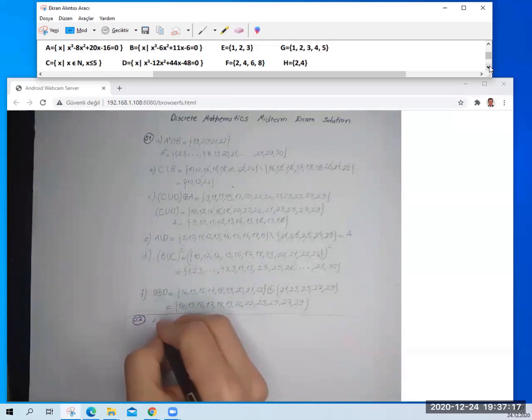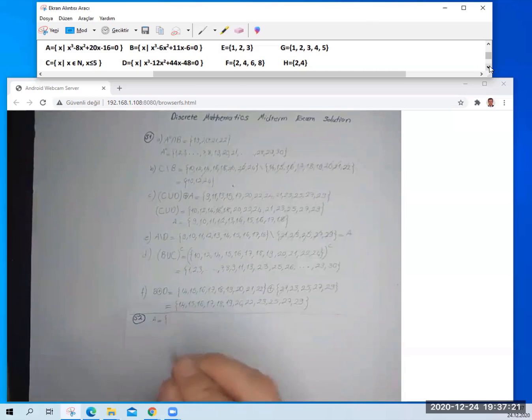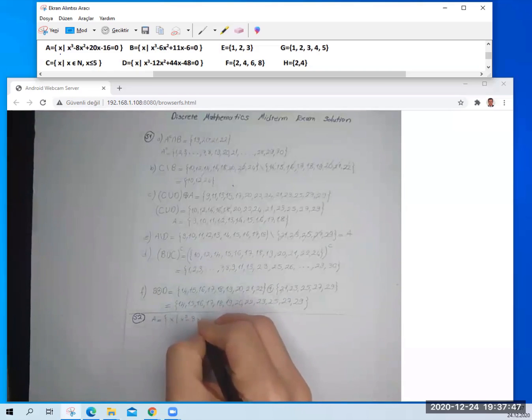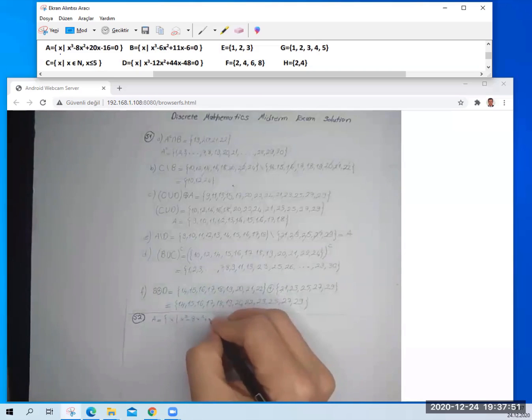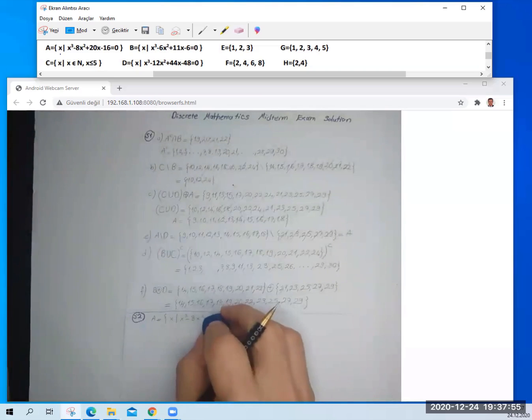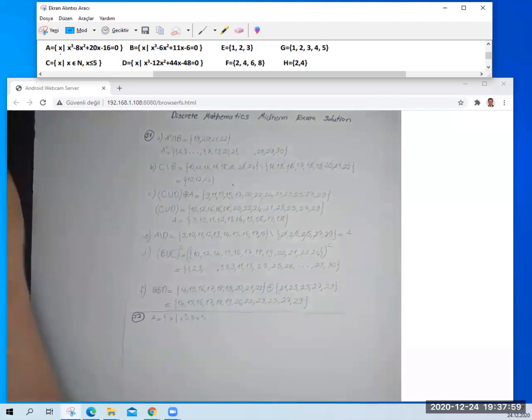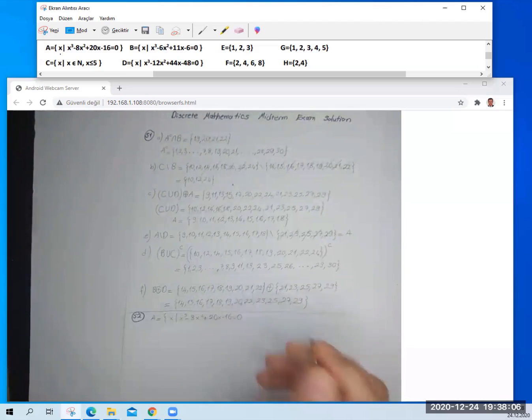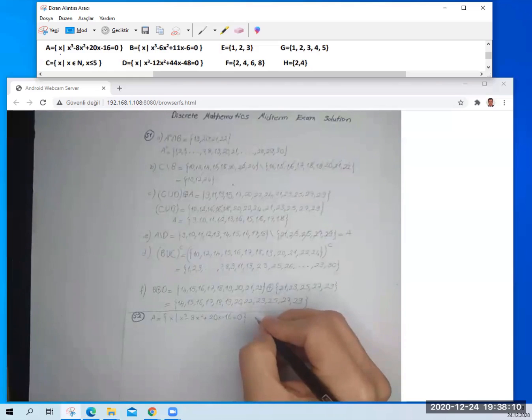Okay, what we have as a set A: in set A, there is the x, which is x to the power 3 minus 8 times x squared plus 20x minus 16 is equal 0. So which means that we actually need a solution of that equation. Then we will have the roots of that equation. Then we will say, okay, this is the x value in that set. Then we will look for our solution. Okay, 20 times x minus 16 is equal 0. So root of equation,